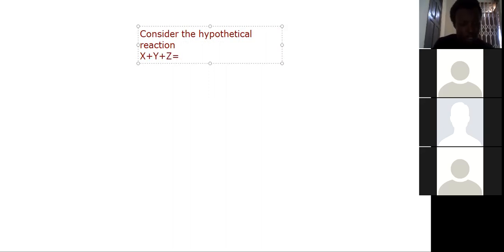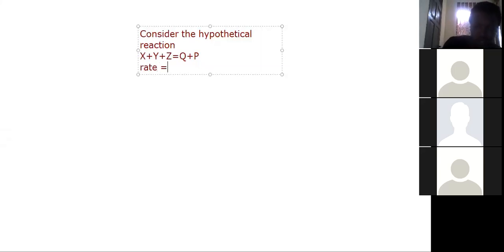So don't use equal, please use the maps to. Now you've been given the rate law. The rate law was found to be, this is the rate law you are given: rate is equal to k